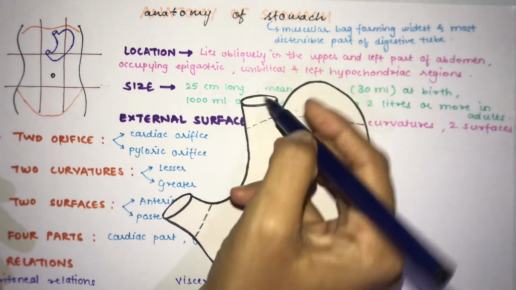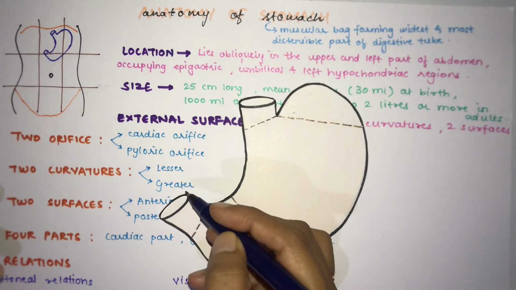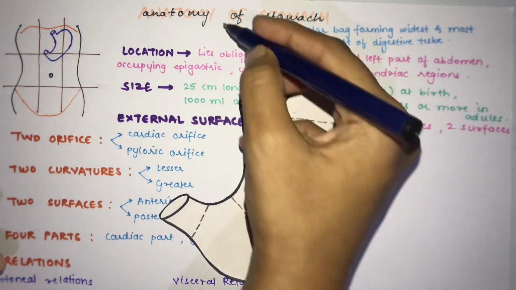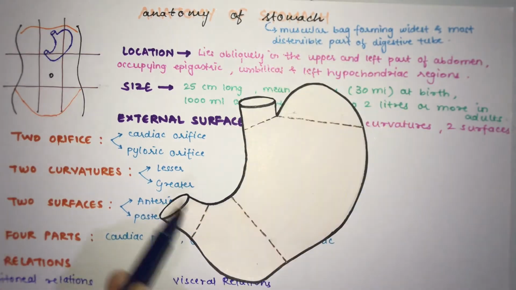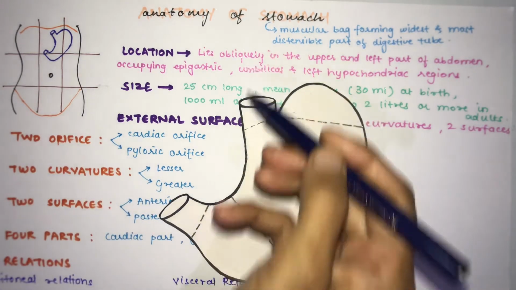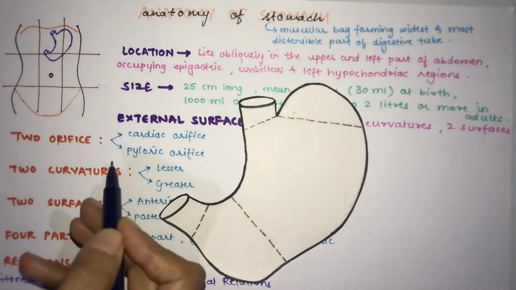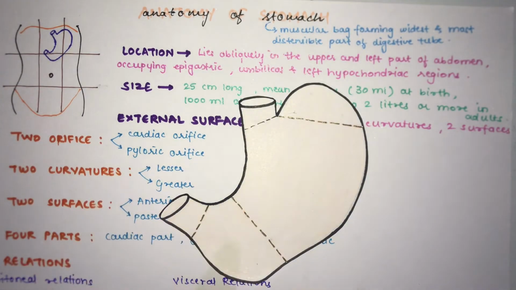Now over here, this is the first opening of the stomach, and this is the second opening of the stomach. Here the esophagus is present, and through this opening the duodenum is attached to your stomach. So these are the two connections of your stomach: from here the esophagus, and from here the intestine, that is the duodenum part of your intestine. Now this stomach acts as a reservoir of food and helps in the digestion of carbohydrates, proteins and fats. So your stomach is basically doing the work of digestion of the food.